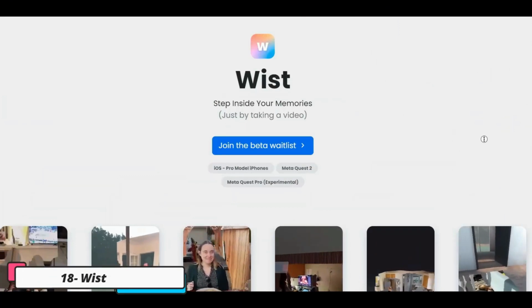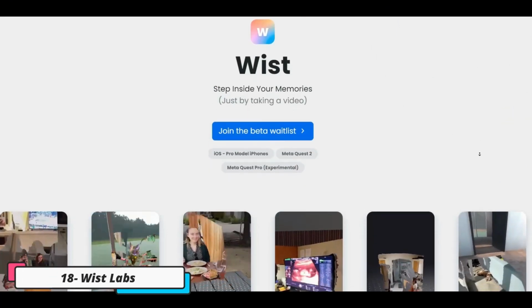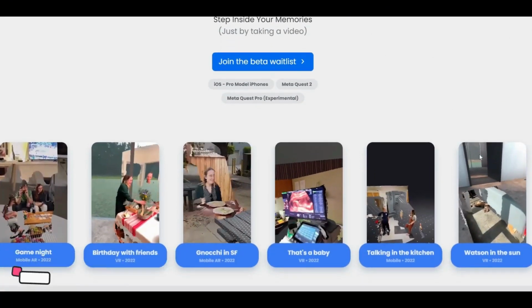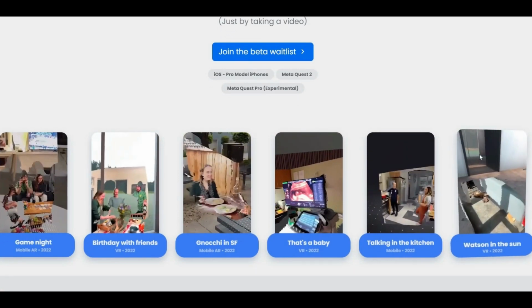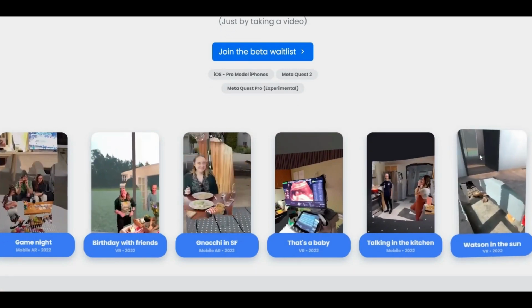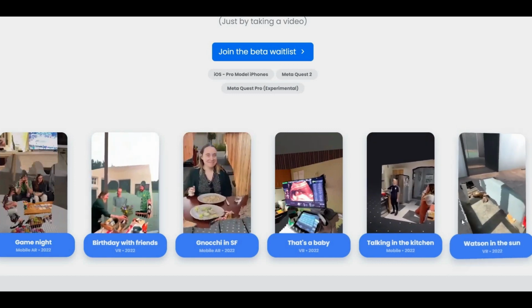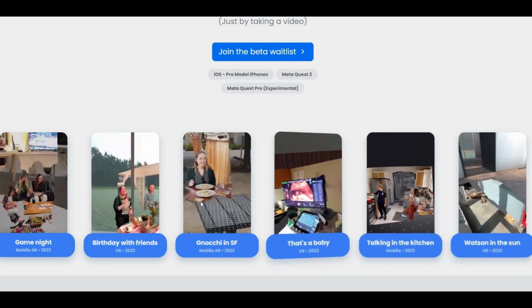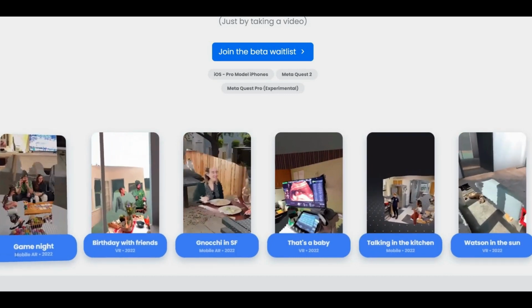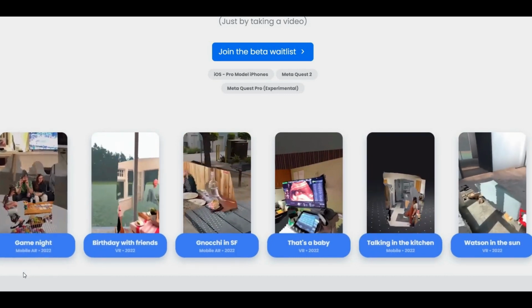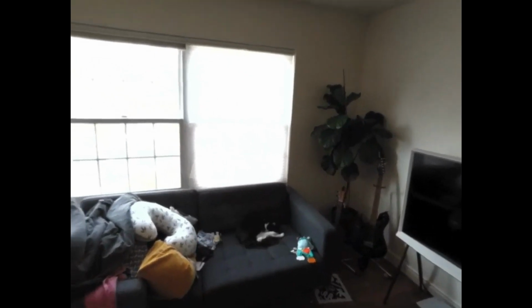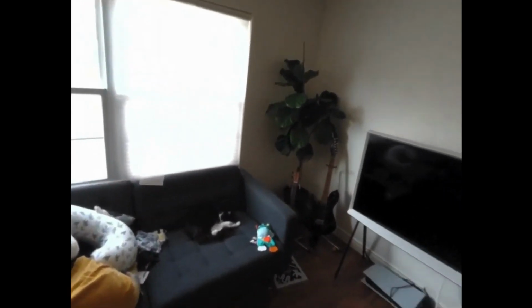Whist Labs is a company that is changing the way we interact with our memories by providing a tool that allows users to turn their regular videos into 3D format. This technology has enormous potential for creating more fun and interactive memories that can be revisited and shared in exciting new ways. By converting videos into 3D format, Whist Labs allows users to experience their memories in a whole new